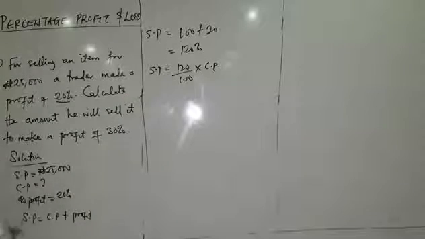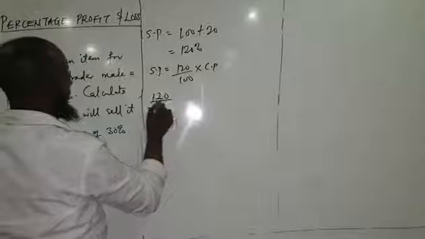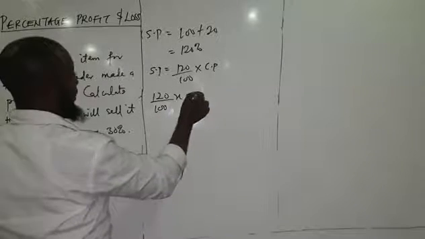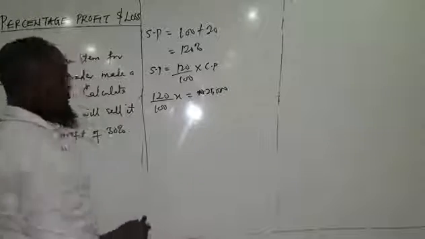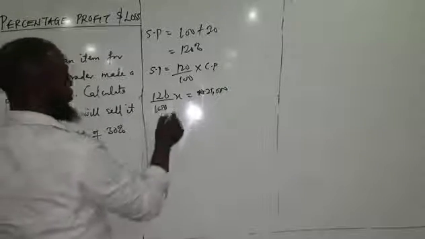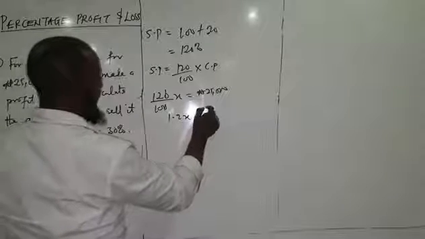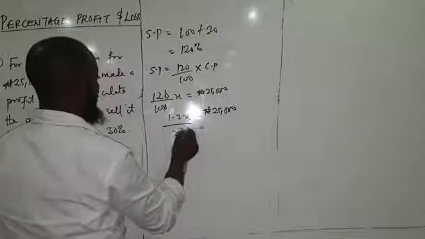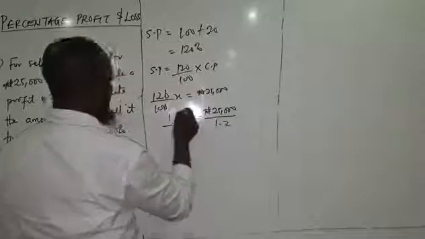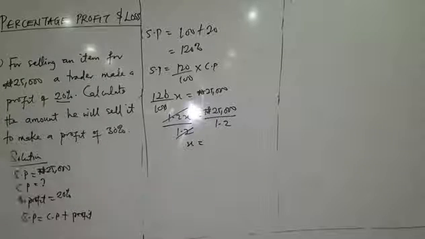Now we have the selling price, which is 25,000 naira. So this will then be 120% of X equals 25,000 naira. Hope I'm making sense. So this will be 1.2X equals 25,000 naira. Divide both sides by 1.2. So this cancels this. Then X will be equal to